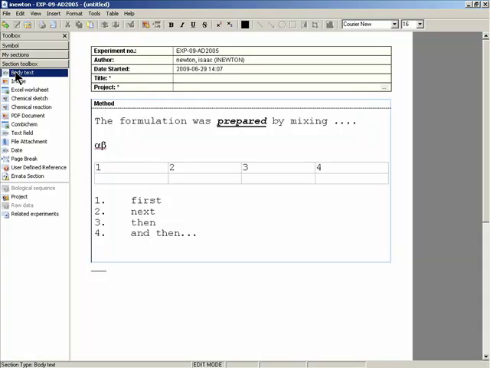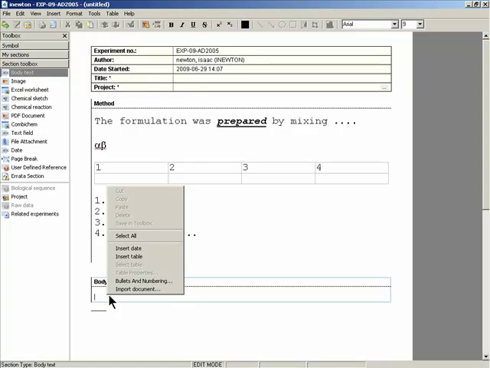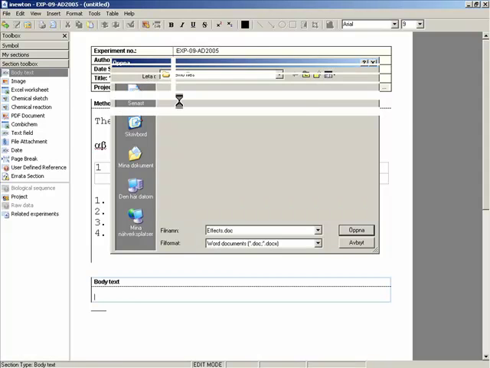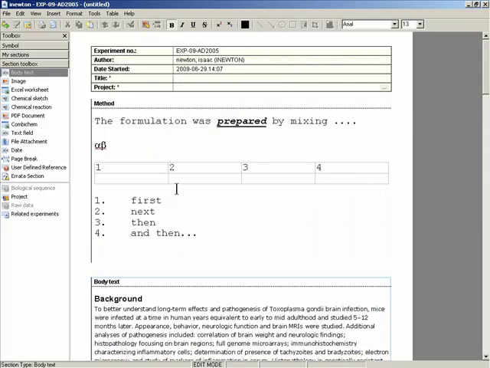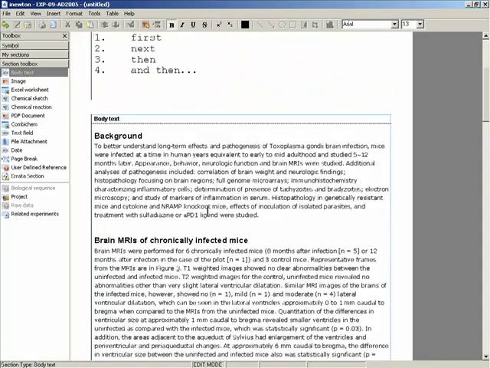If we had another text section, just by double-clicking in the section toolbox, we can import a Word document. Right-click, Import Document. This has to be done in a new section because it replaces any other text in the section. So we bring in this document, and as you see, all the document comes in with its formatting,